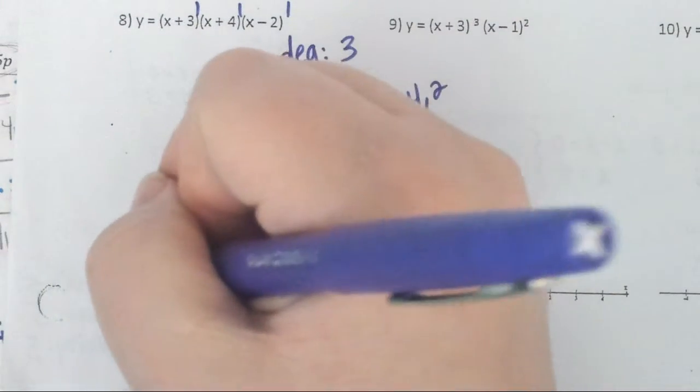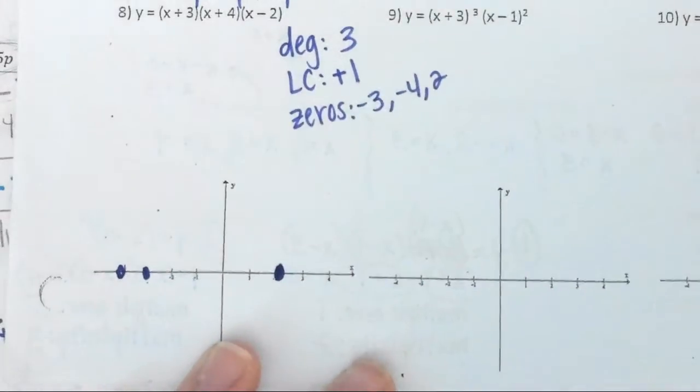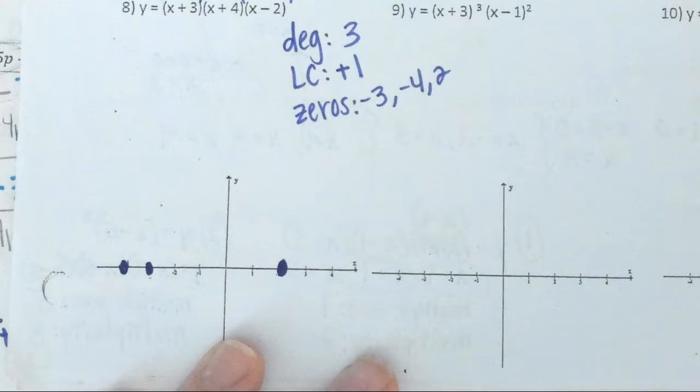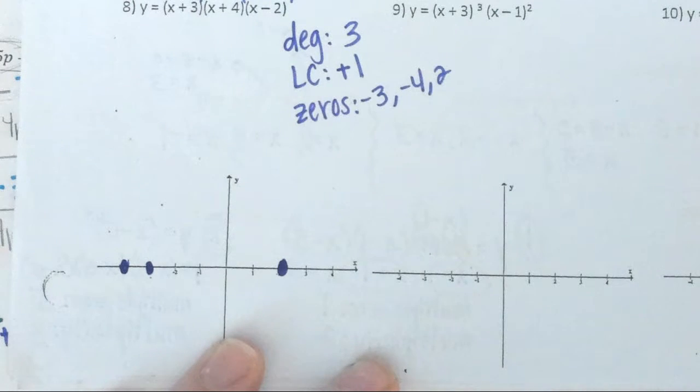So I have -3, -4, and +2. I know my graph has to cross through those spots. My degree is 3, and my leading coefficient is a +1. So what kind of graph am I going to make at the end of the day? The degree is 3, so it's supposed to be a blank. And because it's positive, it's supposed to,